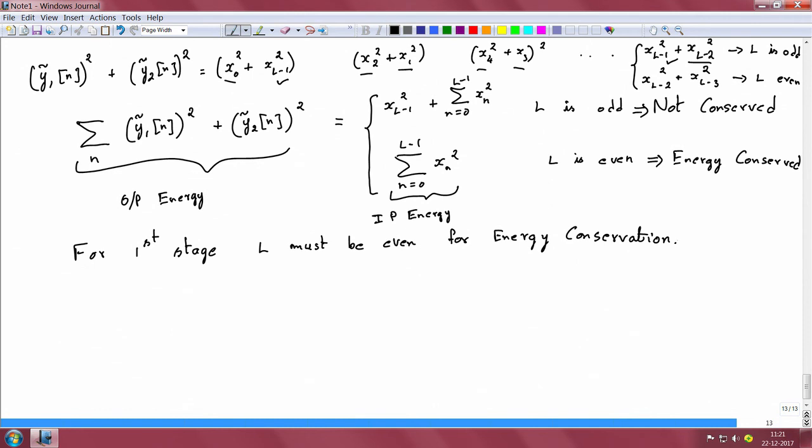Now, let us see how many samples we have after the first stage. For L equal to even, here we have x 0, x 2, x 4, and so on till x L minus 2. So, for L even, we have (L minus 2 by 2) plus 1 samples at output